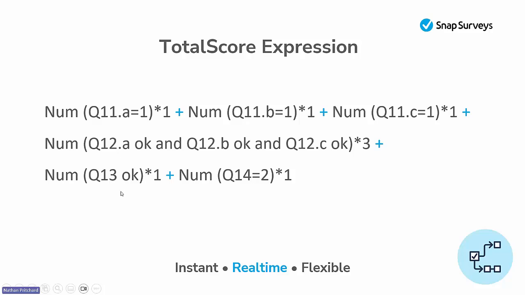And then for the final section, if question 13 was answered, give it a point, and if question 14 was answered with option number 2, then again give that a point. So effectively there's 1, 2, 3, 4, 5, 6, 7, 8 points on offer if each of these answers were given correctly. So moving back into Snap,